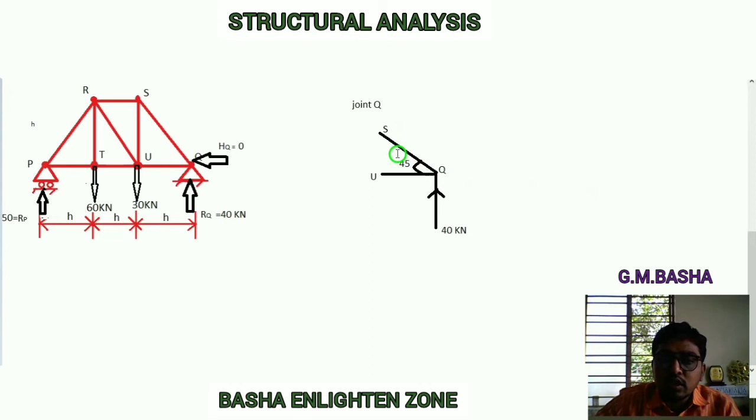We don't know these members, therefore I am assuming the directions of these members. I am assuming this one will be compression, and this one will be tension. If after obtaining the answer our assumed direction is positive, it means our assumed direction is correct. If it is negative, we will change the direction and also change the nature of the force. So here, this one will be the force in the member